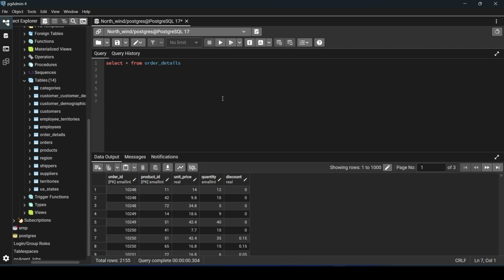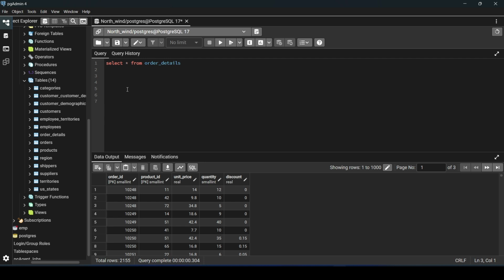The having clause helps us to filter the data, but it is different from the where clause. The where clause filters the individual rows, but on the other hand, the having clause filters the aggregated values, the aggregated data. Suppose in this order details table, that is the order ID, product ID, unit price, quantity and discount,